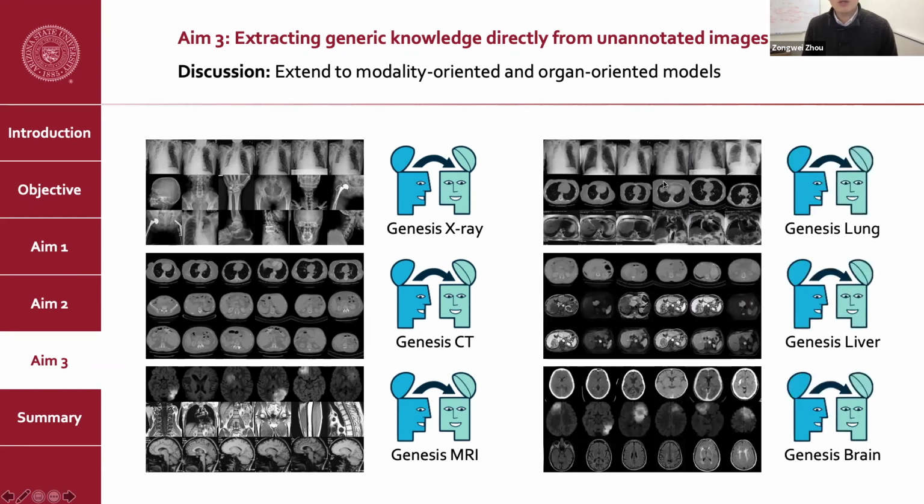Moreover, we want to collect medical images from different body regions and pre-train organ-oriented generic models for improved accuracy in that particular body part, such as Genesis Lung, Genesis Liver, and Genesis Brain, etc. So we hope this effort will lead to the holy grail of Models Genesis to learn effective image features across diseases, organs, and